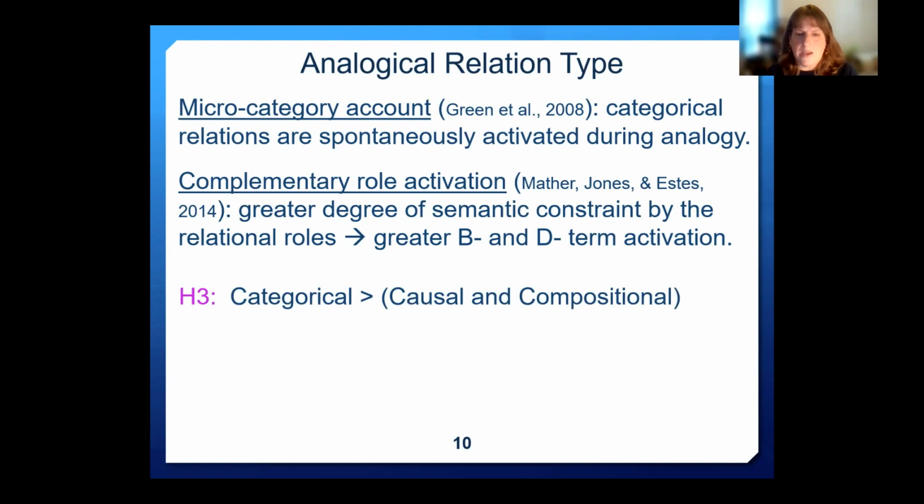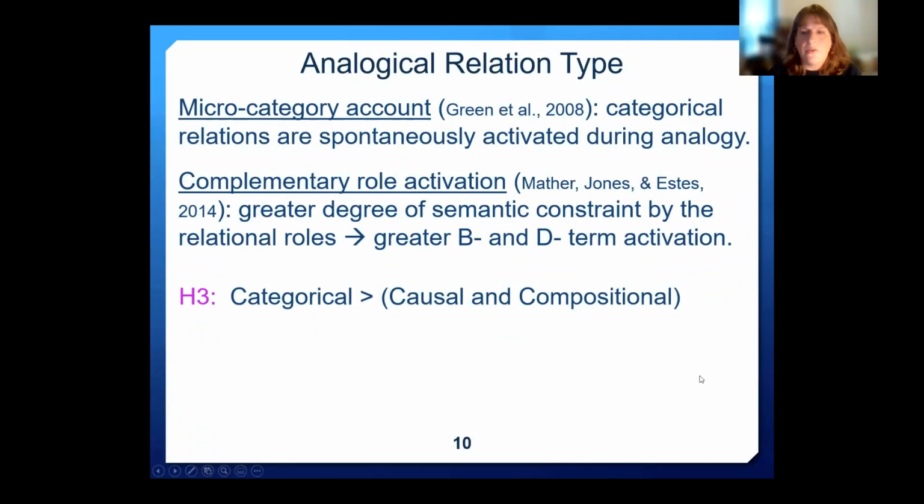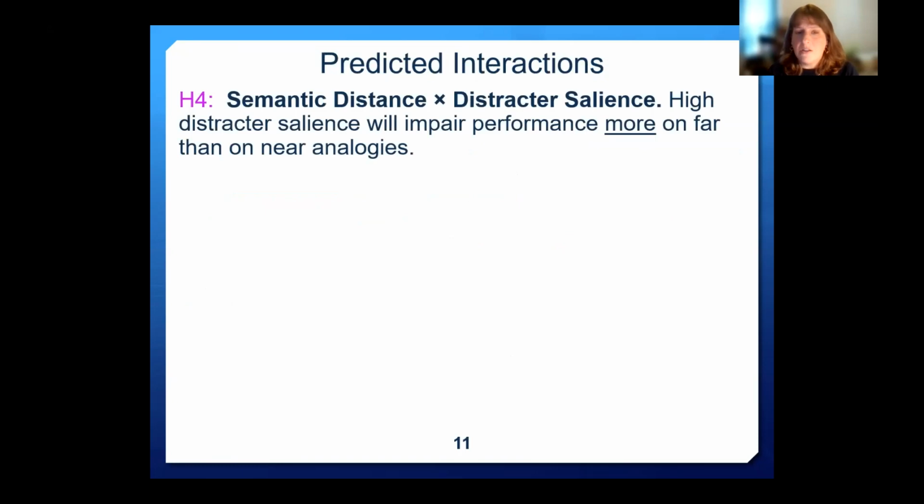So based on these two accounts, we predicted that the categorical relations would have higher accuracies than the causal and the compositional. I didn't have any a priori prediction between the causal and the compositional, however, because these two have not really been compared in prior studies. In addition to those 3 main effects, we predicted several interactions, and the first one being that semantic distance and